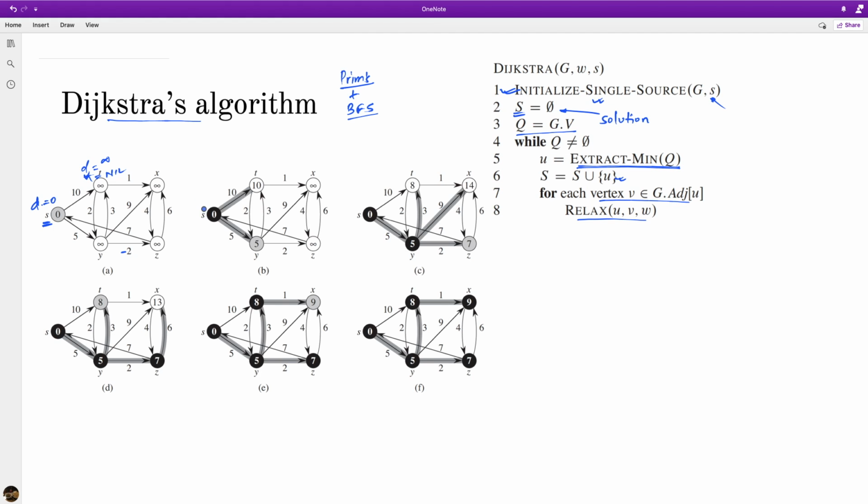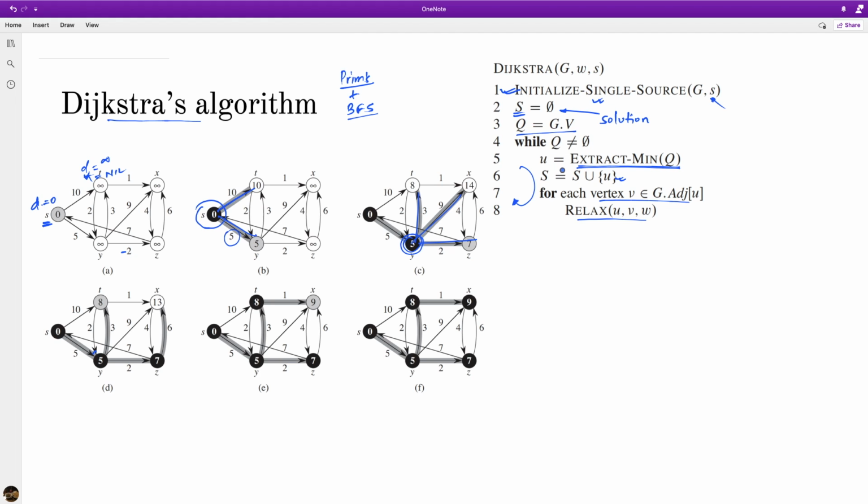So you can see that after we have started from a source vertex, we explore all possible options, and then we pick the option that gives you the minimum path, and then after we picked it, we look at all possible options for that path, and then once again we pick the next node based on the minimum shortest path estimate for that, and then we repeat it until we visited all the items in